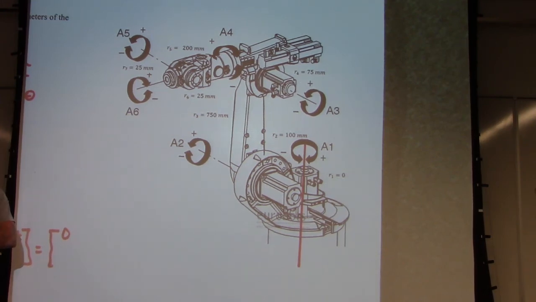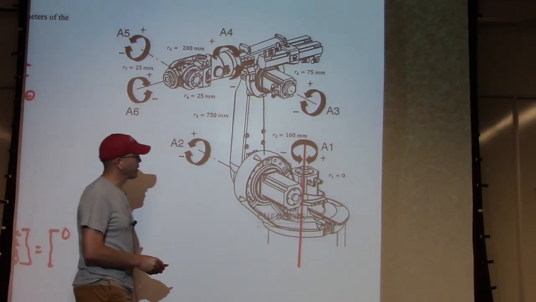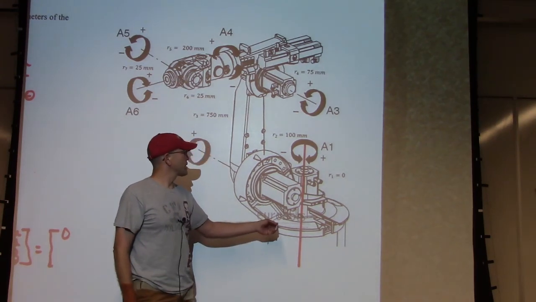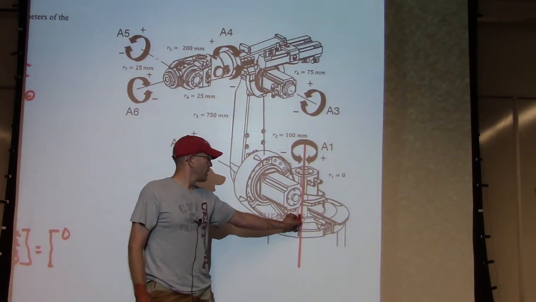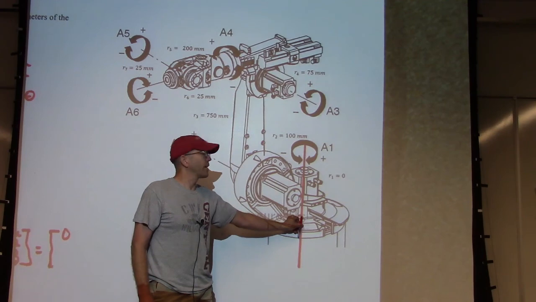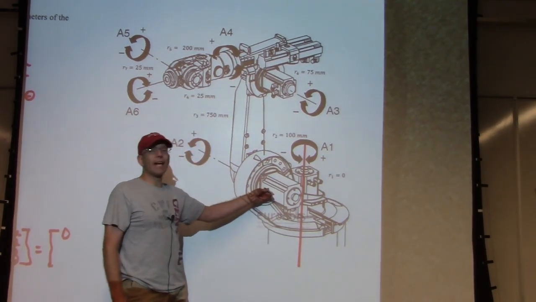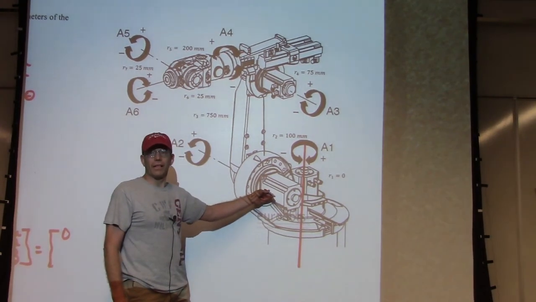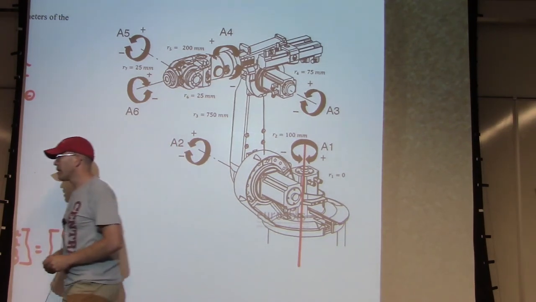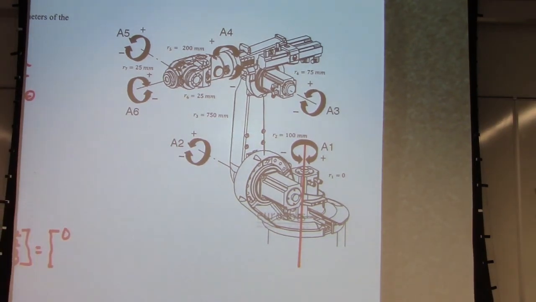Well, what is the link length? If you recall, the link length is the shortest distance between the Z-axis on the A1 joint to the Z-axis on the A2 joint. So in order to find that normal distance,